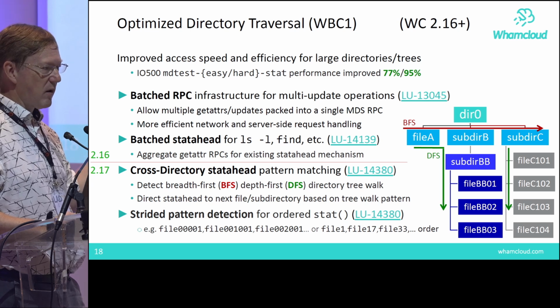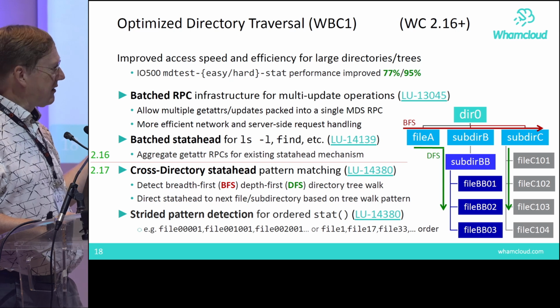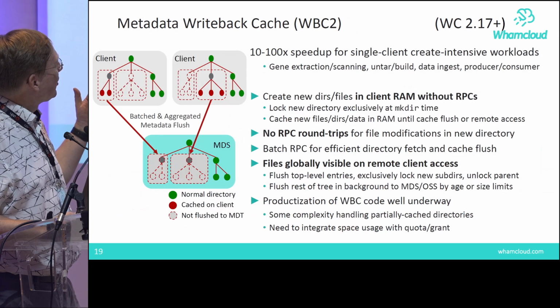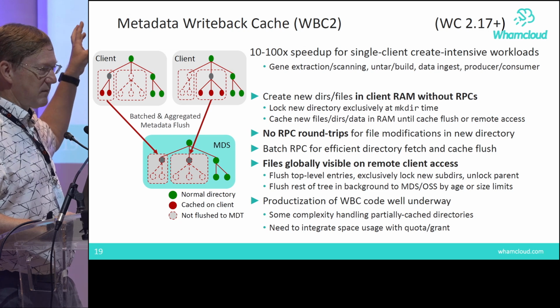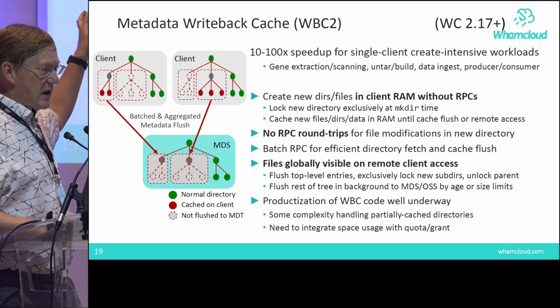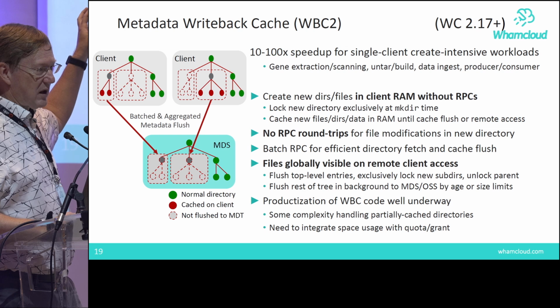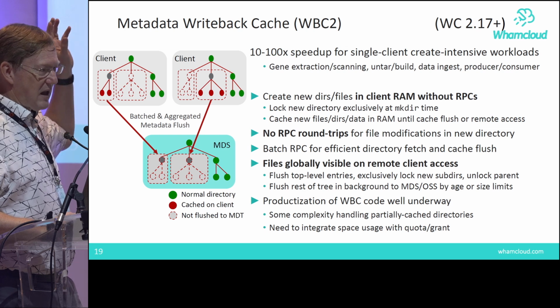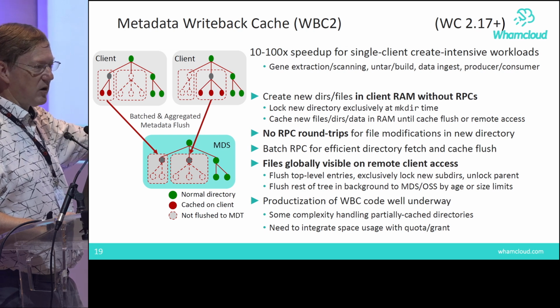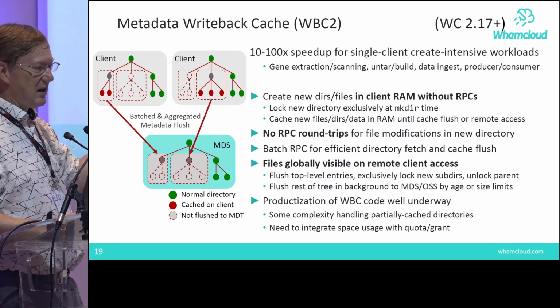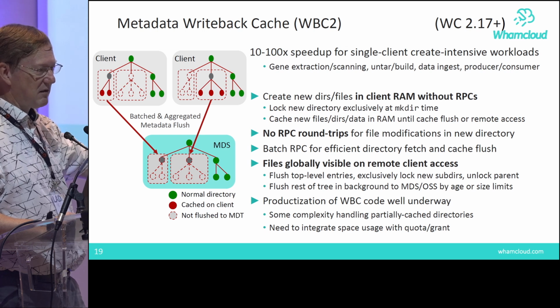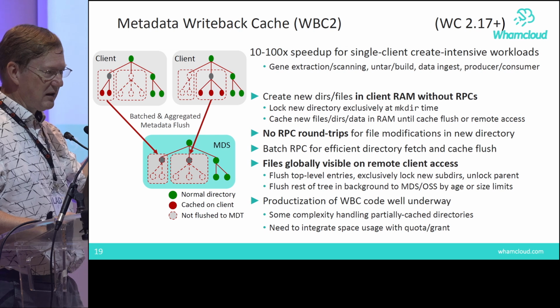And so that's more efficient at the network level, but it's a precursor for the write-back caching too, because if you created a million files in memory on a single client and you want to flush that all to the server, you don't want to do 1 million or 5 million RPCs because you did a create and then a setattr and a chown, a chmod, all of those things. You want to be able to just blast those things over to the MDS in huge batches